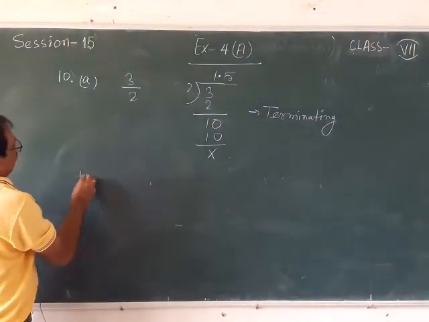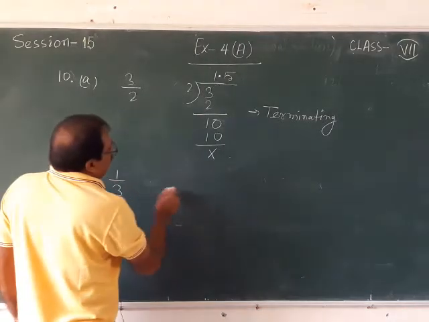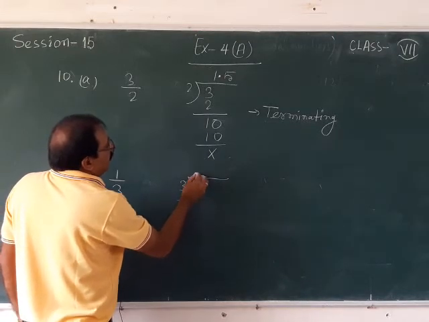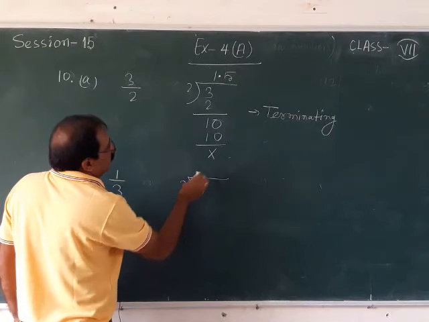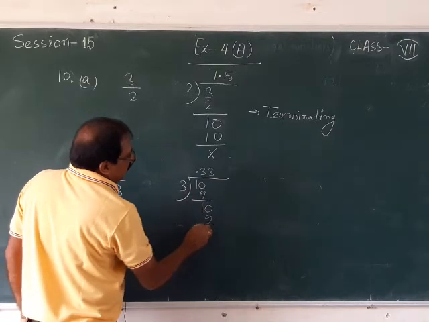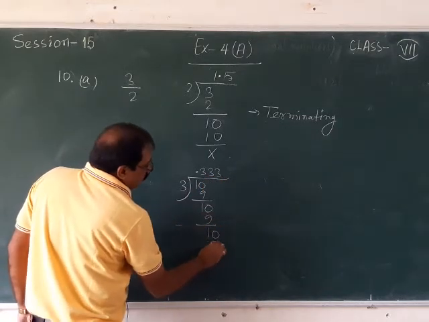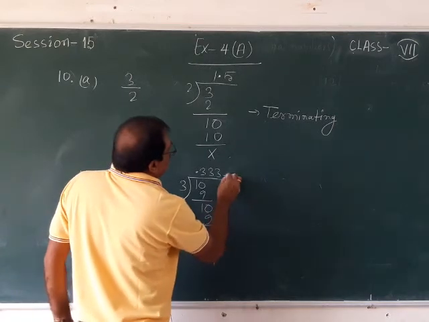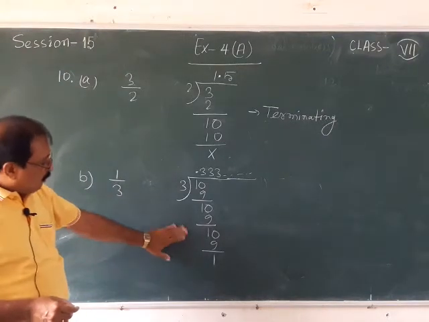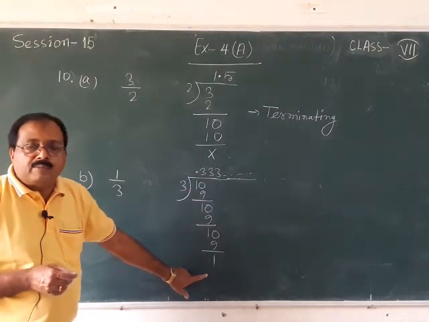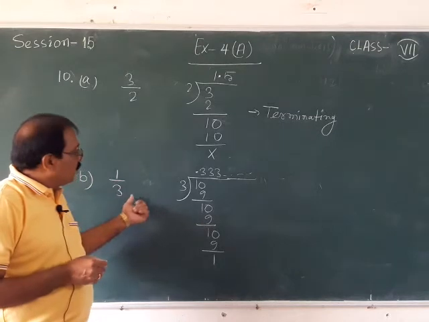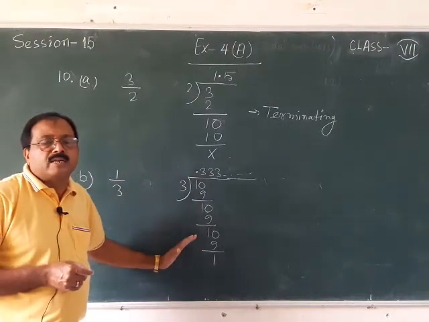But in B, if you can see, 1 by 3 is there. I am trying to divide 1 by 3. 3 cannot divide 1. I can put a point here, then I can put 0. 3 3s are 9. Then again 1. Point is there, 10 I can take. 3 3s are 9. Then again 1, and 10 I can take always. So this division work goes up to infinity. That means you are unable to find remainder 0. After the decimal you can always take 10, but still you can see the division work will not be finished.